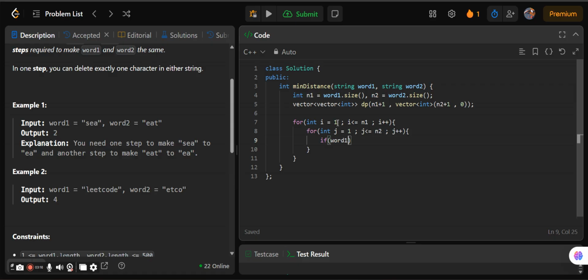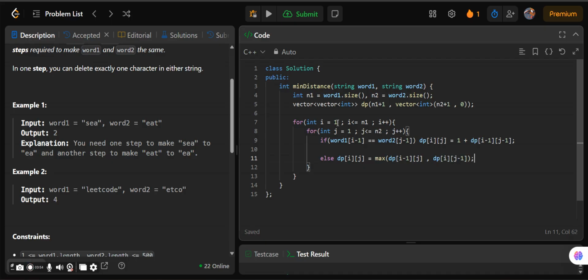If word1 of i minus 1 is equal to word2 of j minus 1, we will say dp of i comma j is equal to 1 plus dp of i minus 1 and j minus 1, and else we will say dp of i comma j is equal to the maximum of dp of i minus 1 and j, dp of i and j minus 1.